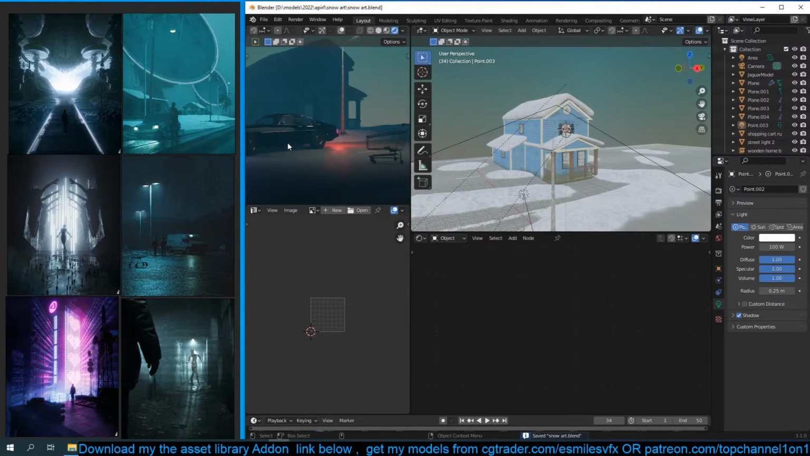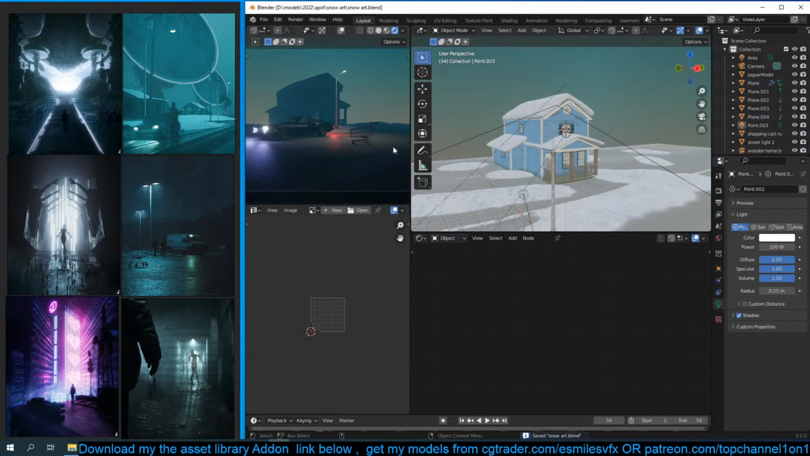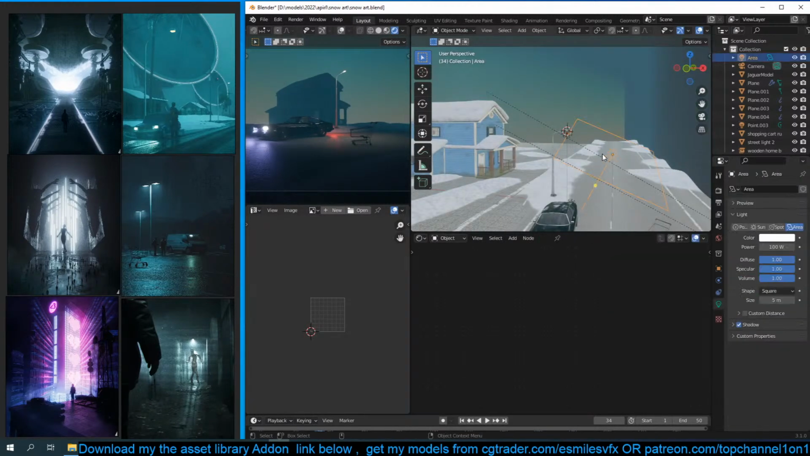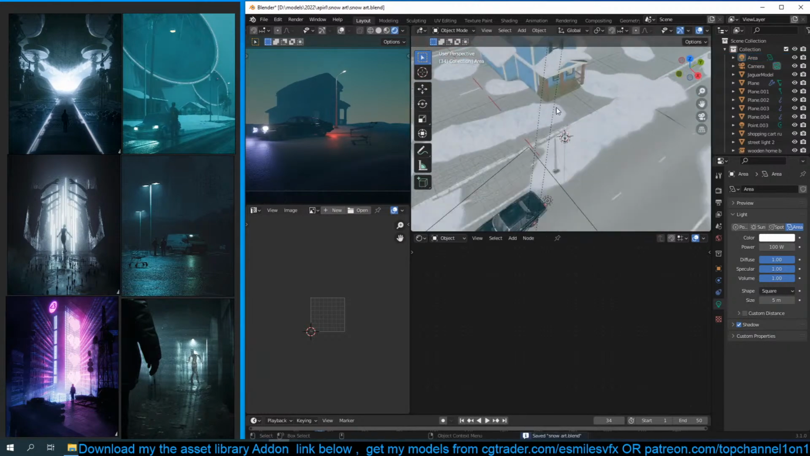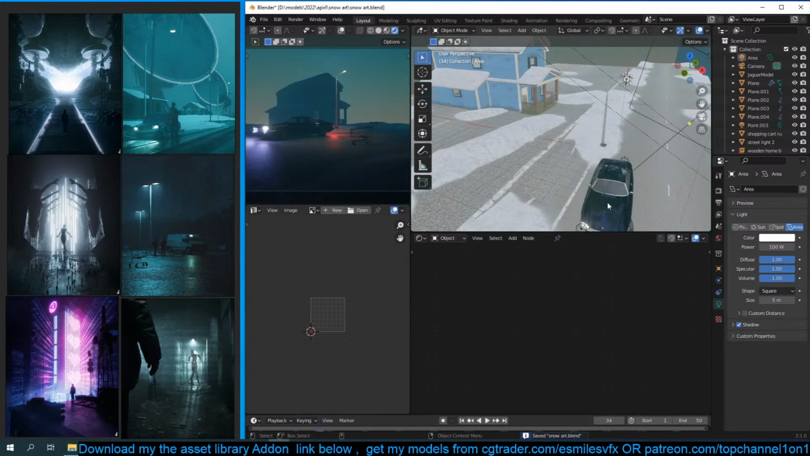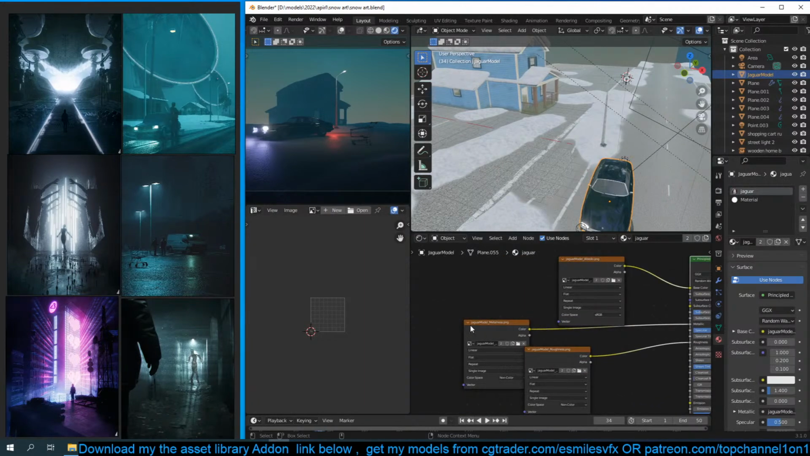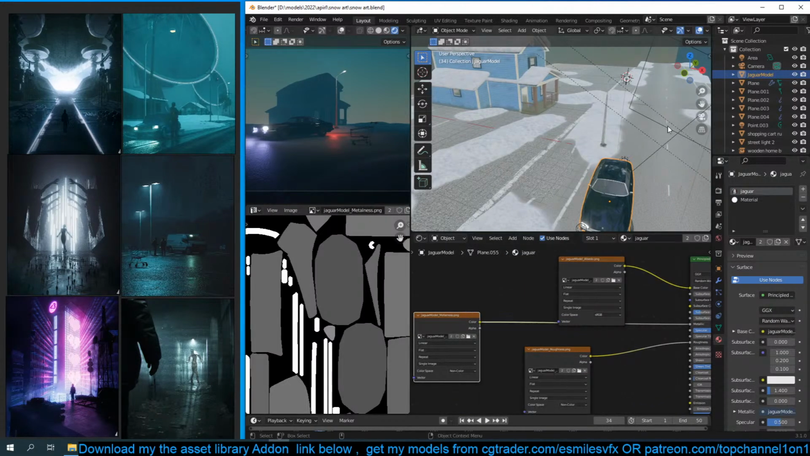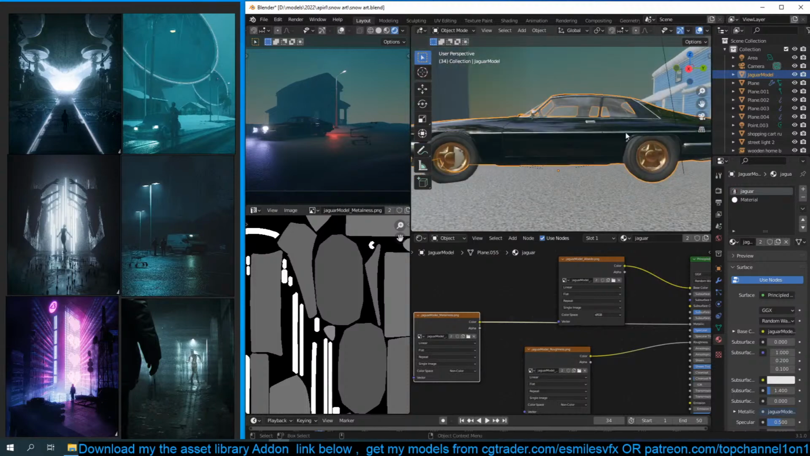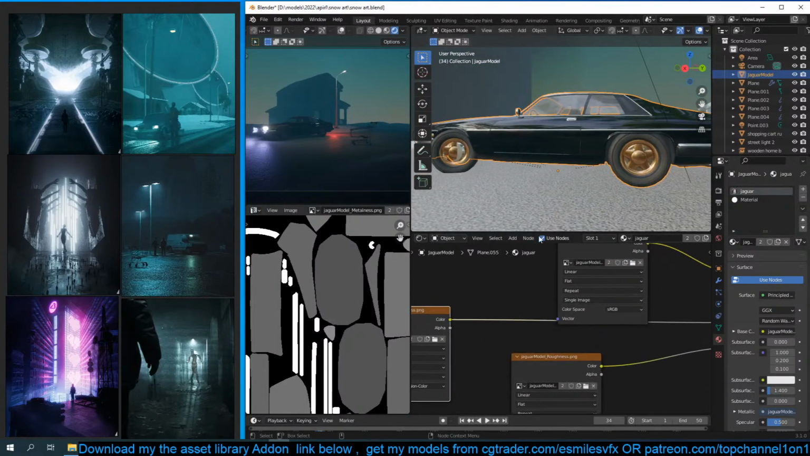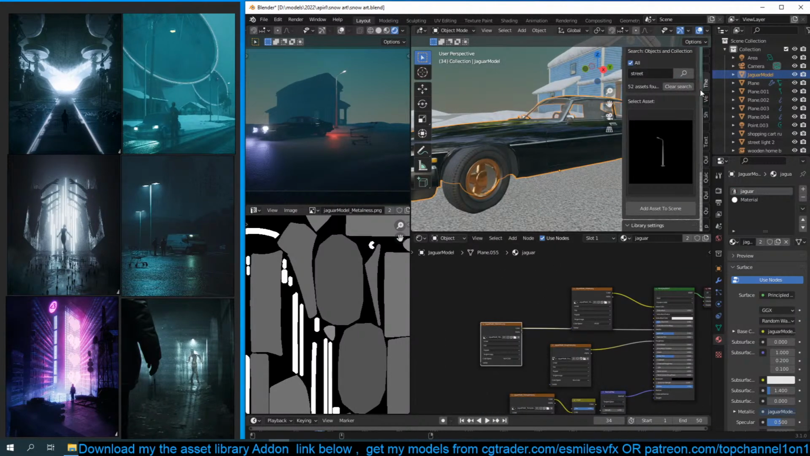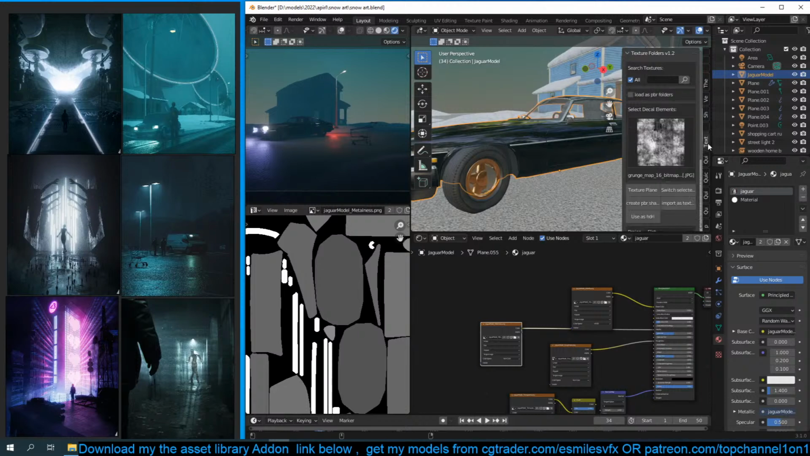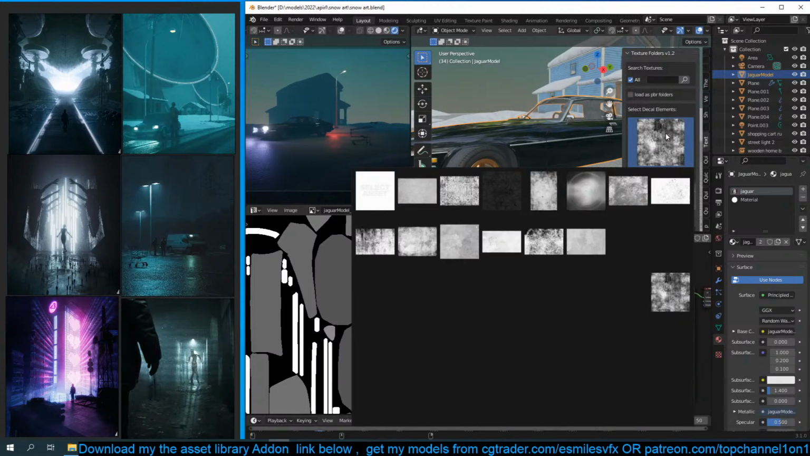Okay, let's see. What else can we do? I think I don't want the car to be that reflective. Now maybe we can also make the car a bit dirtier, so you can see it's looking very clean. I'm going to import. Let me go to my texture folders, add-on, import. Let's say